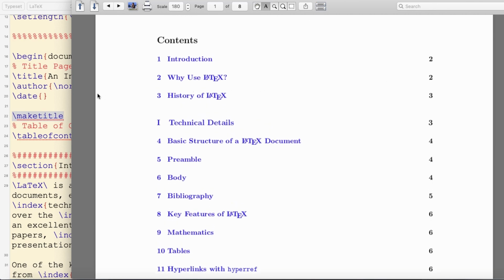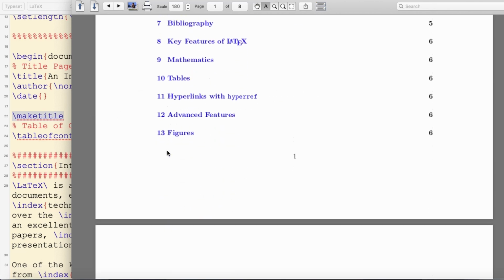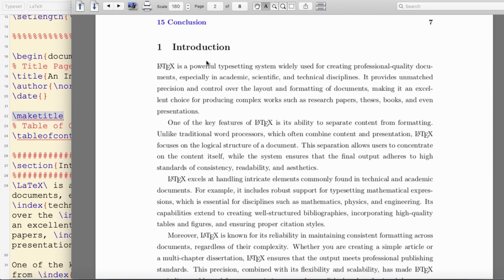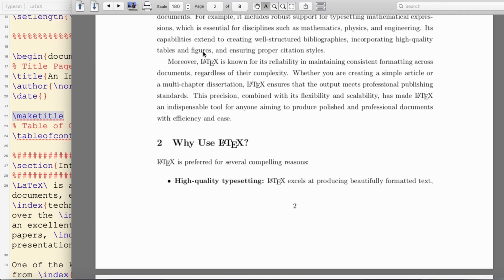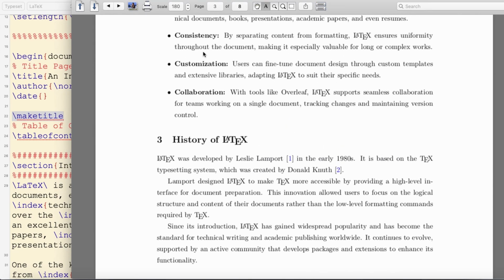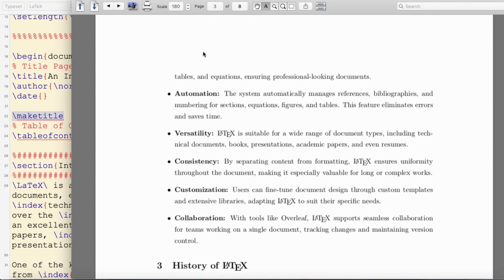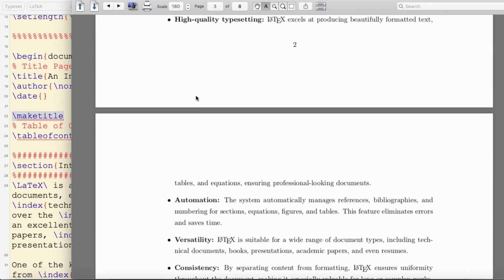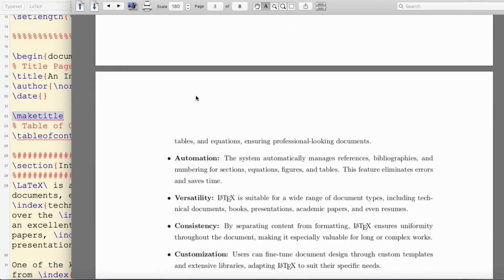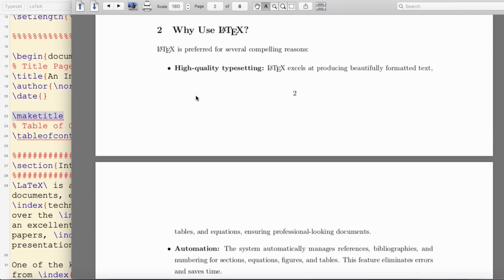So by just writing the command \tableofcontents, you can generate your own table of contents, and then it contains the sections, introduction, why use LaTeX, and all these. So within this environment, as you see here, you can use the itemize environment. You can itemize, or you can use bullets to create some highlighted points,